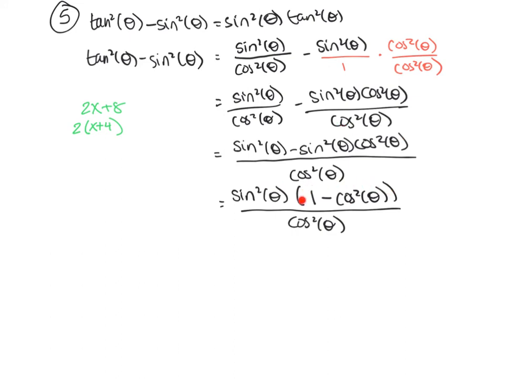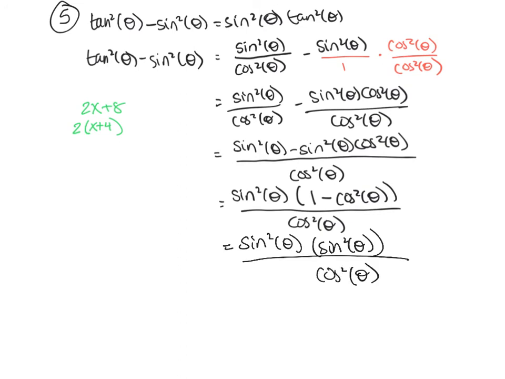But I look at this 1 minus cosine squared theta, and I go, oh, 1 and a squared, it's probably a Pythagorean identity, and we've actually dealt with this one before. This is a rearrangement of our first Pythagorean identity. And we know that 1 minus cosine squared, ooh, sorry, that's a highlighter. It's not what I meant to do. There we go. 1 minus cosine squared is actually sine squared theta, over